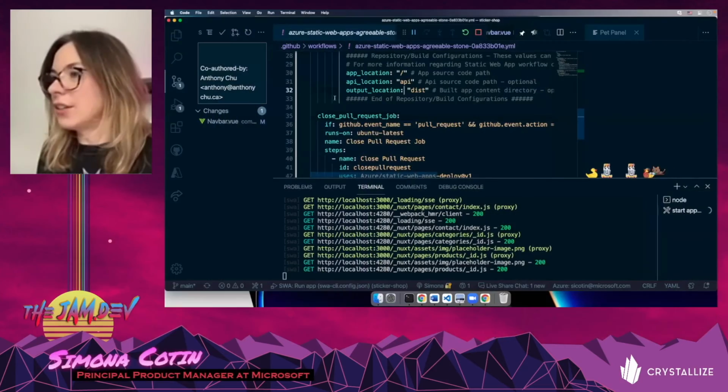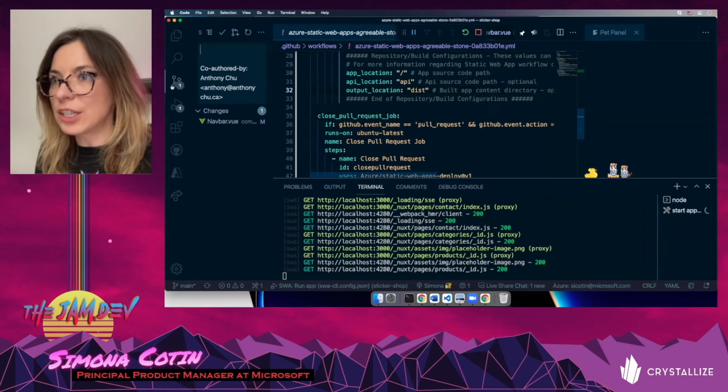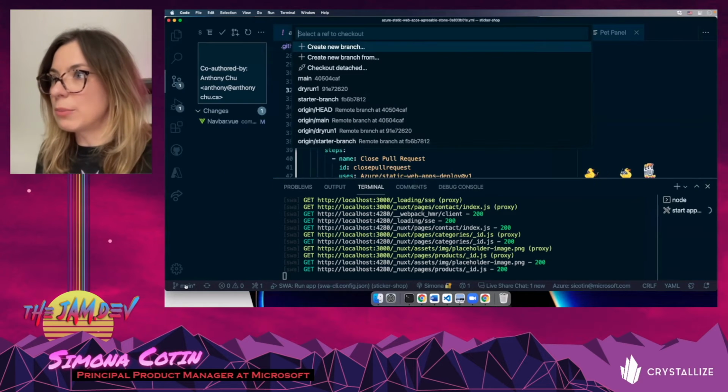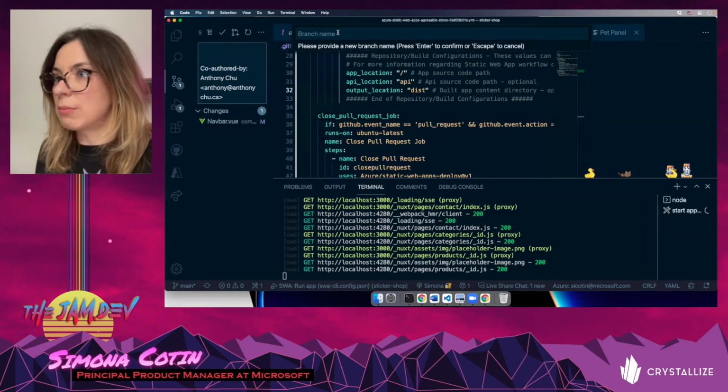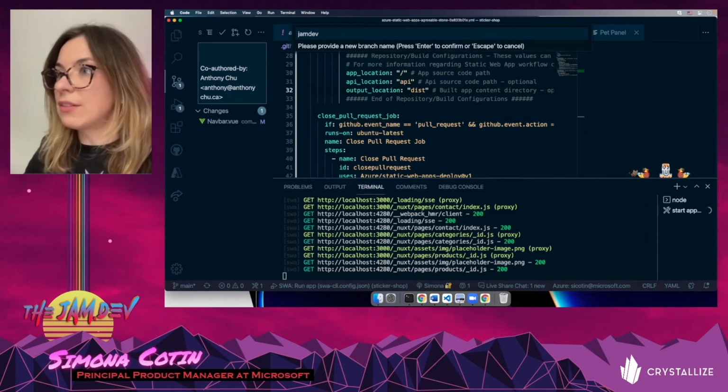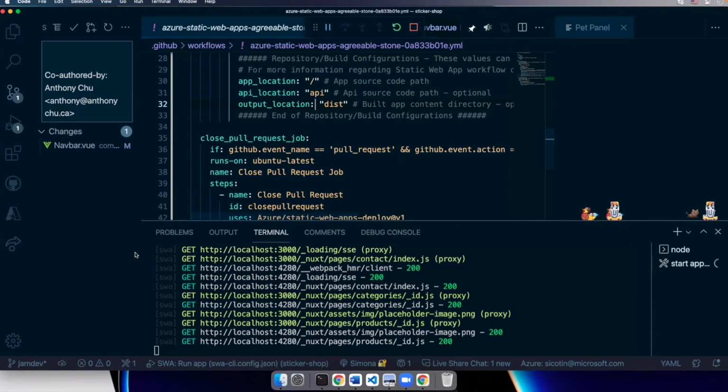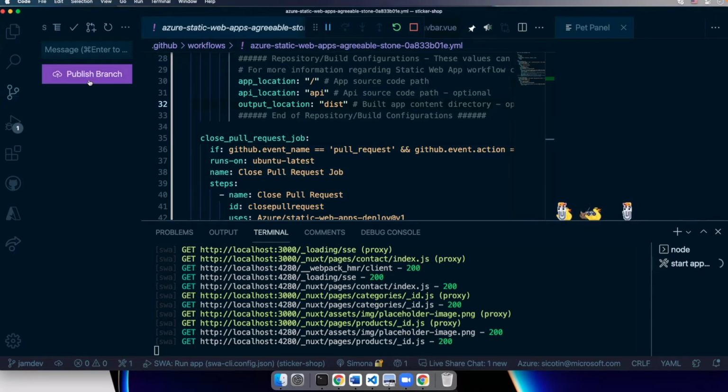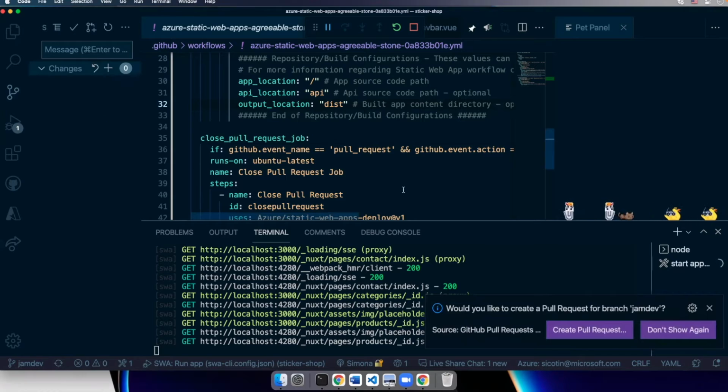All right. Let me share my screen. And here, I have my changes, but rather than pushing this to main, we want to push this to Jamdev, right? A new branch. Yeah. And this is co-authored with Anthony, of course. This way you can already approve this pull request. And then VS Code asked me if I would like to create a pull request for